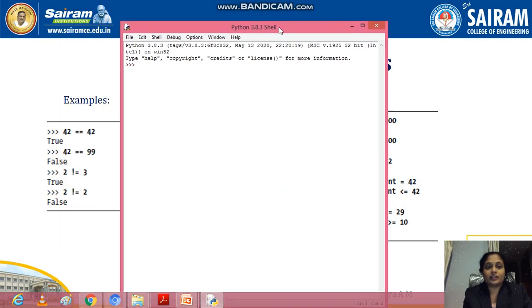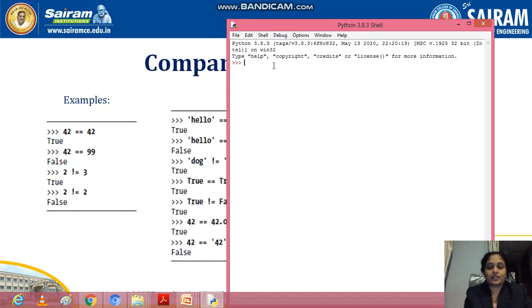The shell is here, and we'll start executing examples. 42 equal to 42, it's True. 42 is equal to 99, False. 2 is not equal to 3, it's True. 1 is not equal to 1, that's False.